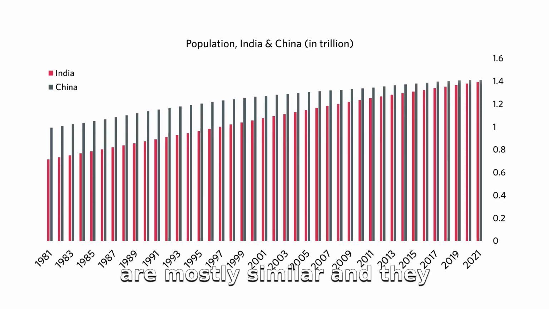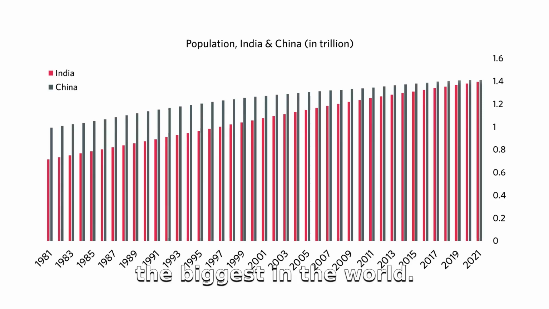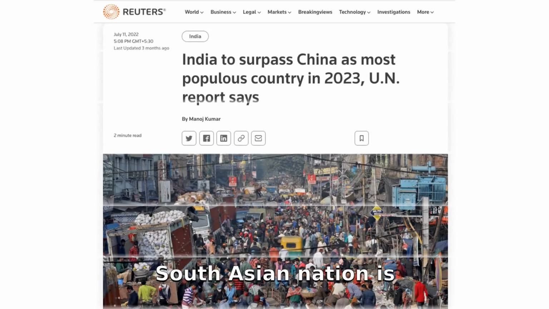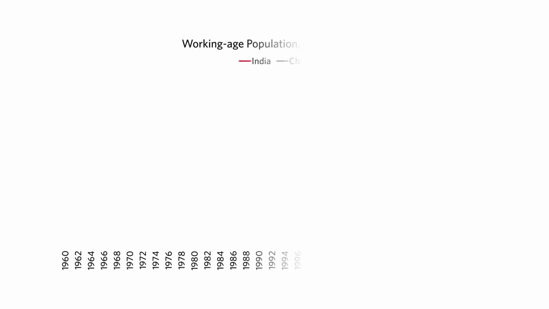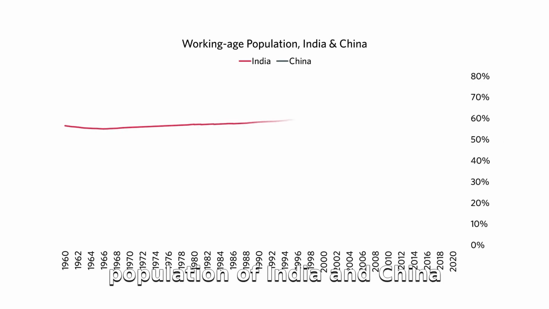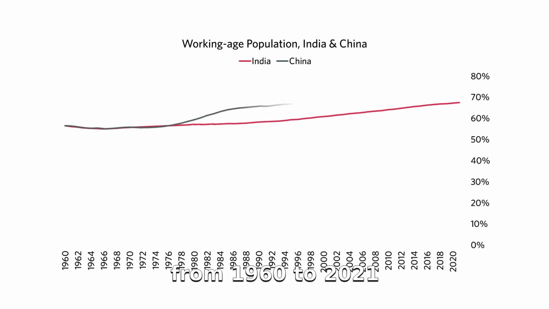Size-wise, the two nations are mostly similar, and they are by far the biggest in the world in terms of population. India has lagged China by a couple hundred million, but the South Asian nation is projected to overtake China as early as 2023. Now, let's look at the percentage of working-age population of India and China from 1960 to